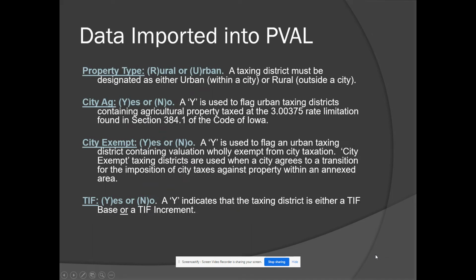So again, the data that is going to be imported into the valuation system, you're going to be importing for each and every tax district whether or not it is rural or urban. So within a city or outside a city, obviously. You're going to be reporting whether or not a city taxing district is a city ag, yes or no. And if it is yes for city ag, then those are urban tax districts that contain ag value, and they're taxed at a different rate that's specified in the Code of Iowa. They're taxed at the rate of